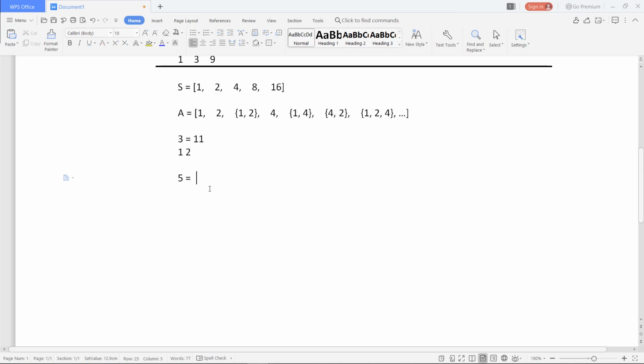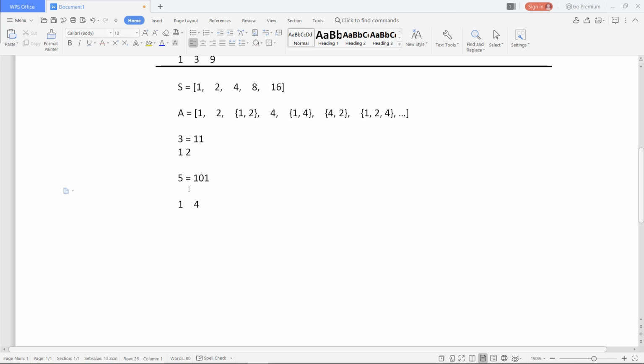Its binary will be 101. For the first position, it is 1 times 2 to the power 0, that is 1, and the next is 0, so we print nothing, and again this is 1, so it's 1 times 2 to the power 2, which is 4.